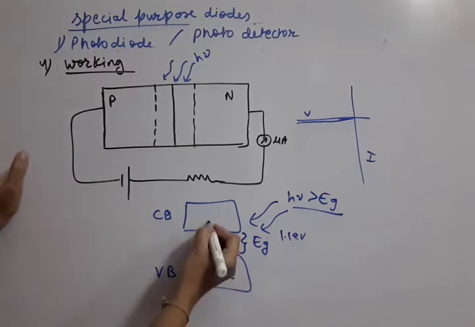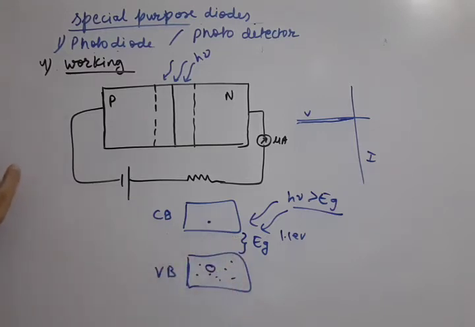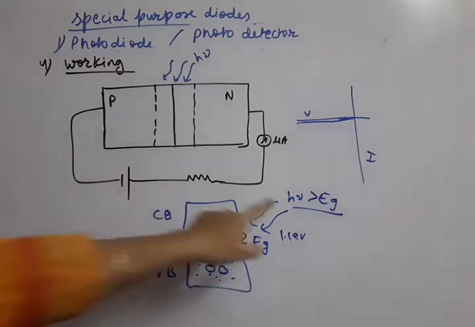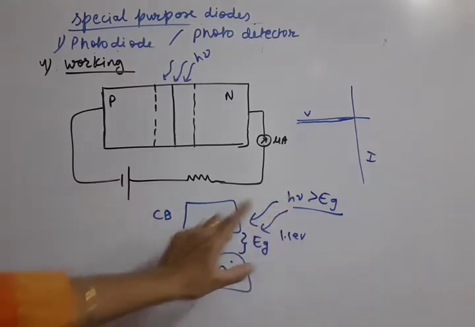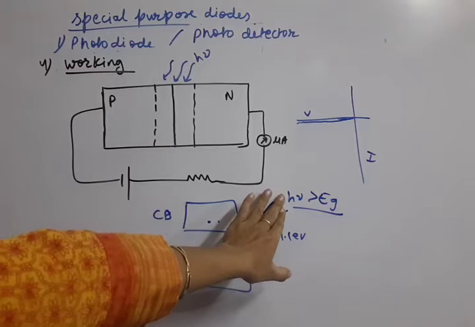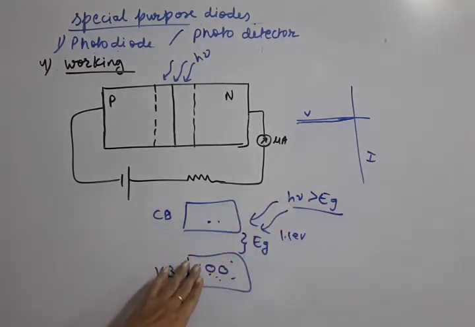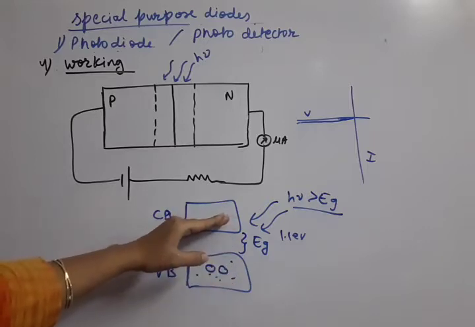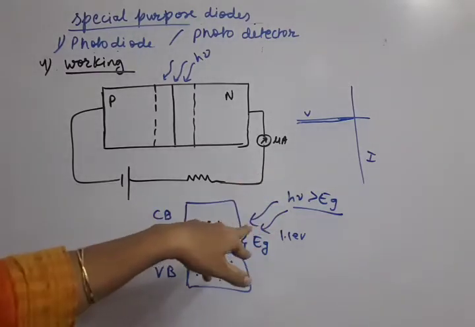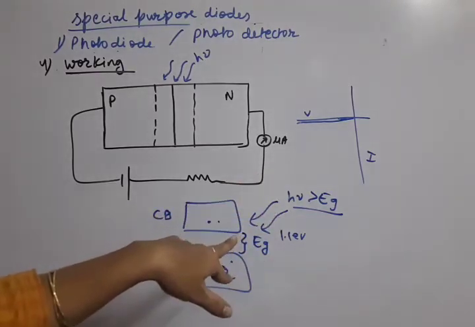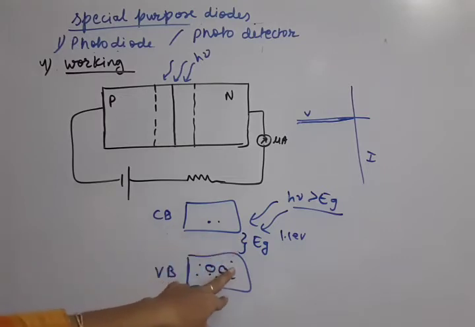That electron will jump to the conduction band and create a hole behind. In the same manner, some more electrons may create holes behind. Depending upon how much energy we are falling on it, this energy condition should be there. Once h nu is greater than Eg, electrons can jump to the conduction band. If we fall light of more intensity, meaning more photons, then each photon will be absorbed by an electron, and the electron will jump to the conduction band, creating holes behind.